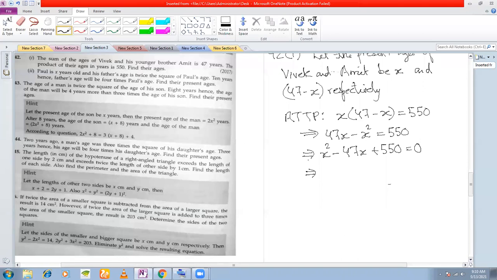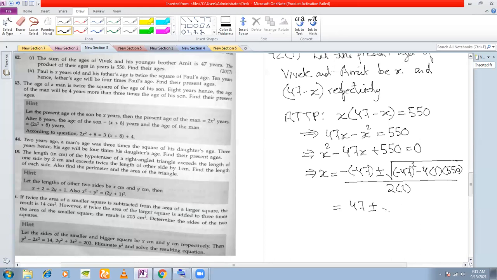So what you do here is you solve this by Sridhar Acharya. So you get here 47